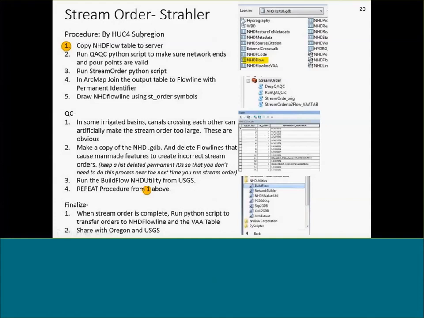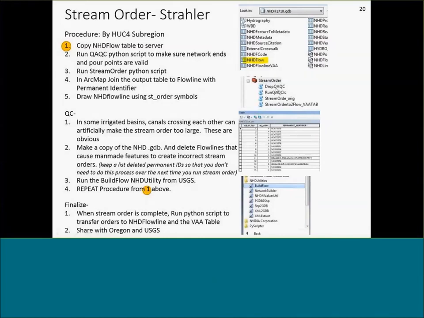And so we will go and download a copy from a pre-stage subregion from USGS, and it comes with a flow table, the NHD flow table, and it's all based on this. We copy that over to our server, and I have a little stream order toolbox.